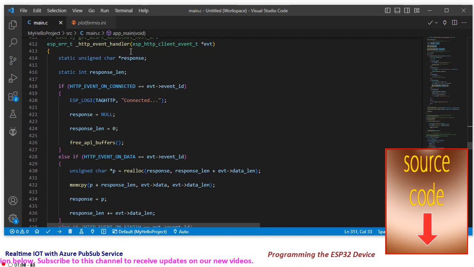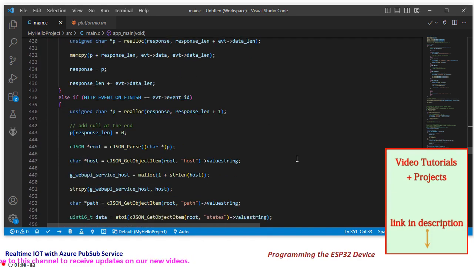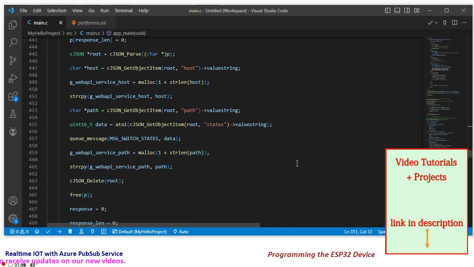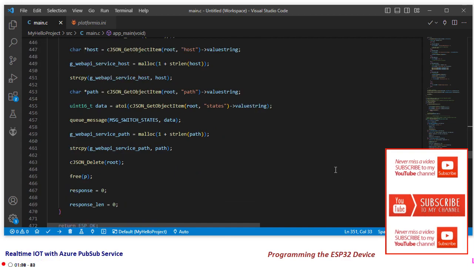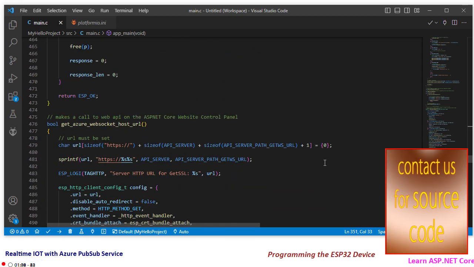This is the event handler for the HTTP request to your control panel. It extracts the path, the host root, etc. from the JSON that comes from there,